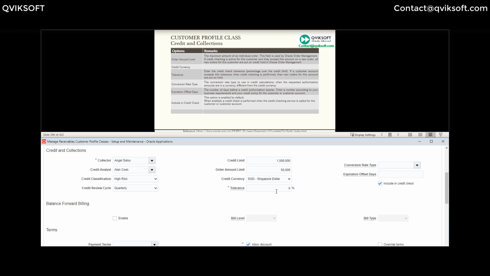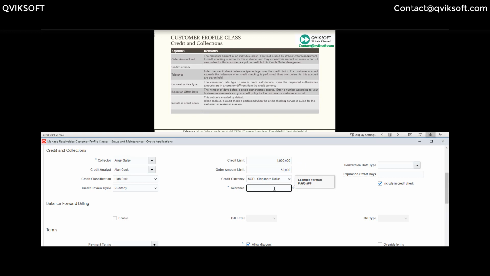Tolerance can be a useful factor depending upon the creditworthiness of the customer. Generally, we know this customer is around this amount, or sometimes $10 more, $50 more, $100 more. Do you want to put a credit hold and hold the ordering process? So you have to analyze accordingly and put the tolerance percentage in that context, so that there's no unnecessary stoppage in the process just because it's a small amount.